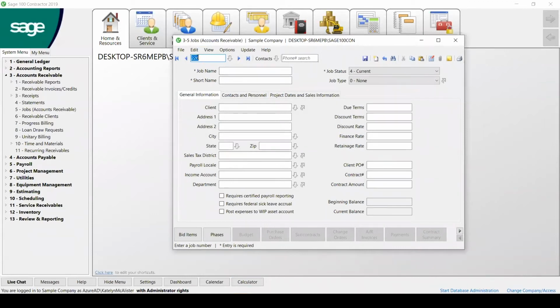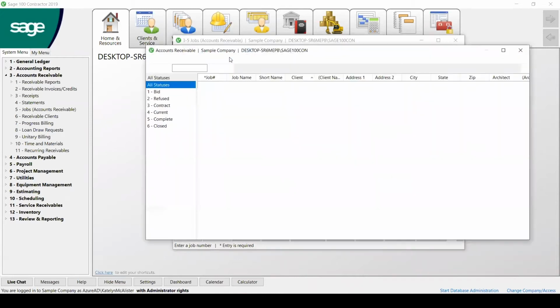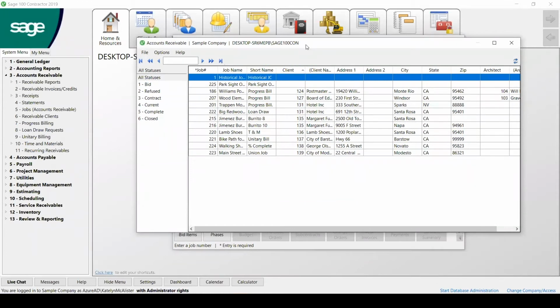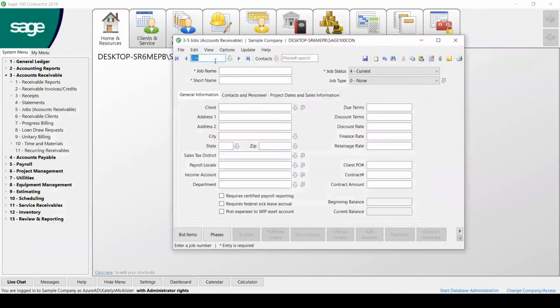From here, this number in the top left corner of that pop-up will automatically autofill into the next number that's available. So the previous job number that I used was 225, so this one will automatically go to 226. If your company has a specific naming or number scheme that would make better sense to you, go ahead and input that number here as well. Again, just like every other screen, if you wanted to see all of the jobs you had available, this would be the screen that you would drill down to and see all of those jobs.